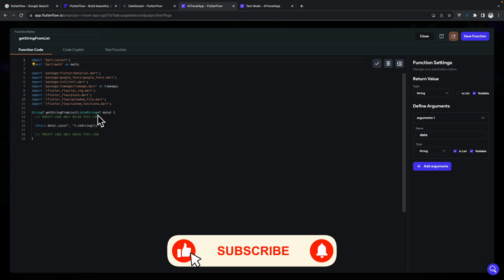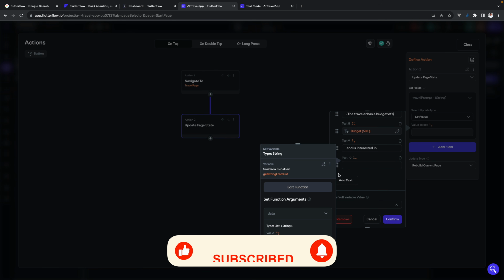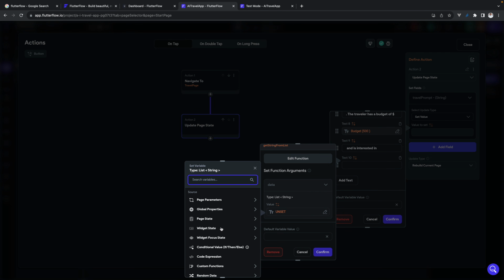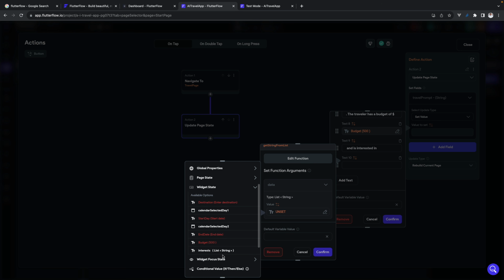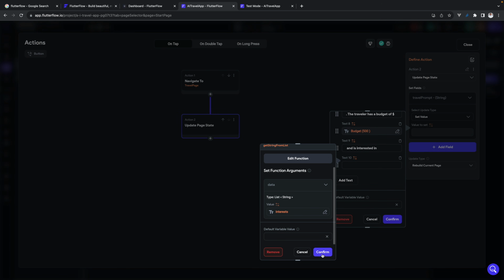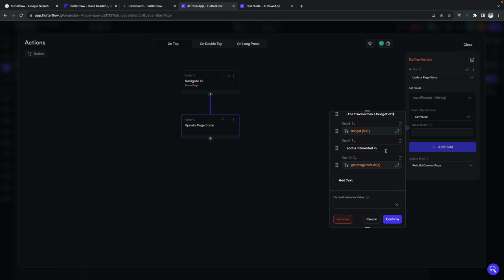So this makes a lot of sense, right? Then we can save this function, and if there is any issue, it will tell us. The list of strings we can again fetch from these interests, and we can confirm it. So this is very well. So and is interested in, and we have already given some space, and all these interests, and then we will have a dot again,